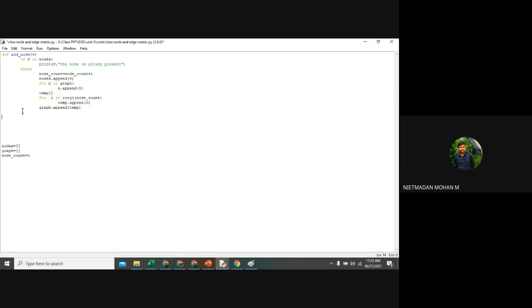So this is the first node I have created. So I am giving the append variable called 0. Once another node I am going to create, this node count will be increased, right? Once I give you the declaration, then you can understand.